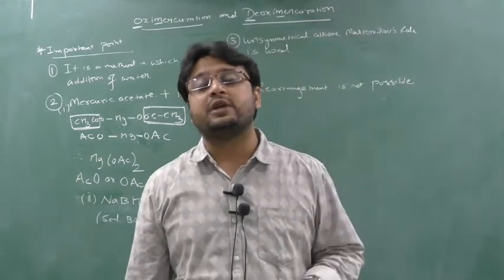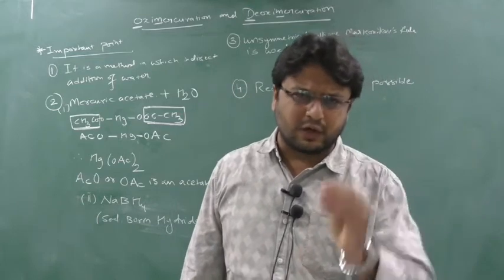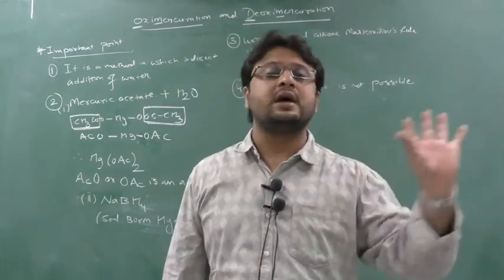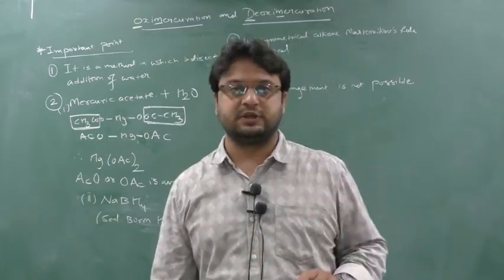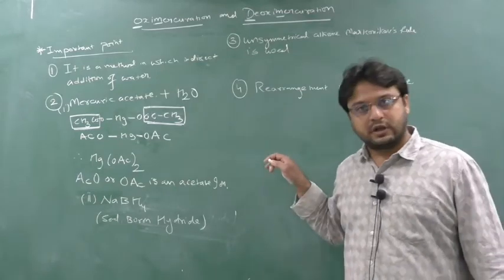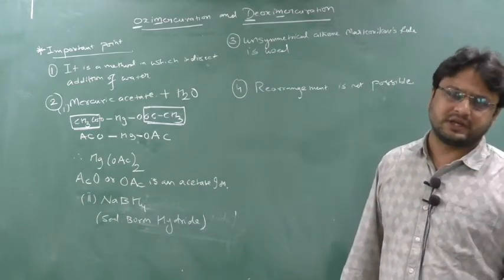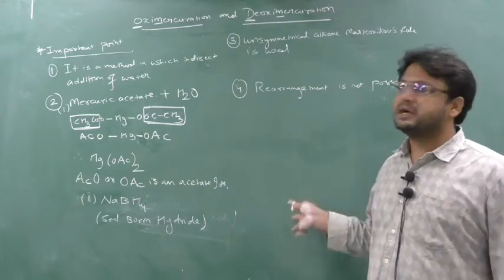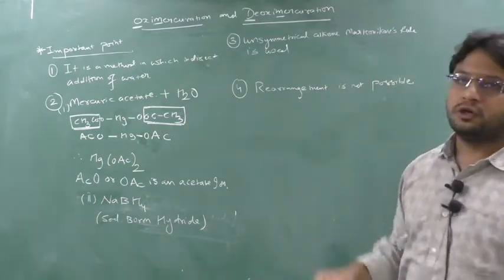In certain reactions, what will happen? A carbocation will be formed, but only for microseconds or nanoseconds, so we are not considering it as a carbocation. At that time also we say that rearrangement is not possible. The same topic will come here also: the carbocation will be formed but only for a few microseconds. Actually it is not forming, just for your understanding it is forming. It means rearrangement is not possible here. So this point is only important for your MCQ.